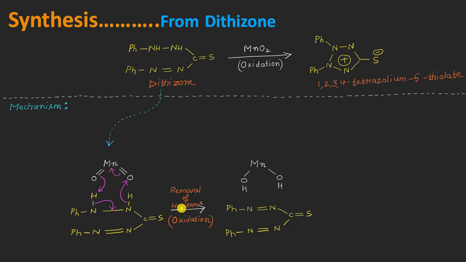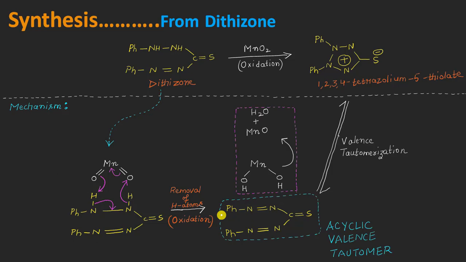Finally, the removal of these two hydrogen atoms, I mean this one here as well as this one here, will take place, and they will move to these two oxygen atoms which are bonded to this manganese atom, right? And in doing all this, a double bond will appear between the nitrogen and the nitrogen, right? And because it is a removal of hydrogen atoms, we can call it an oxidation type of reaction. Now what happens to the MnOH and OH? It releases a molecule of water in this way. It will release one H2O molecule resulting in the formation of MnO.